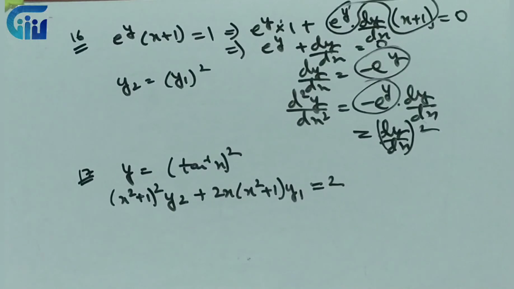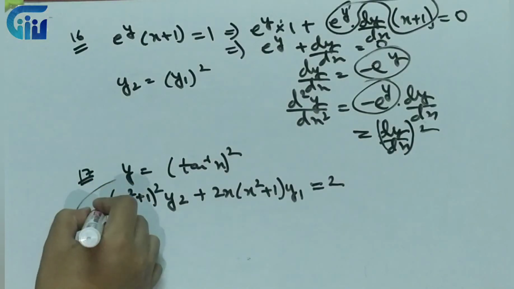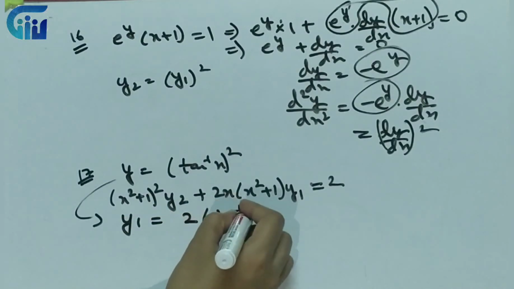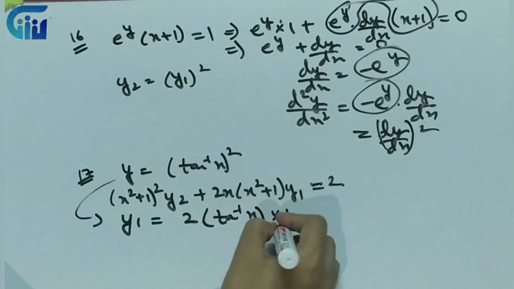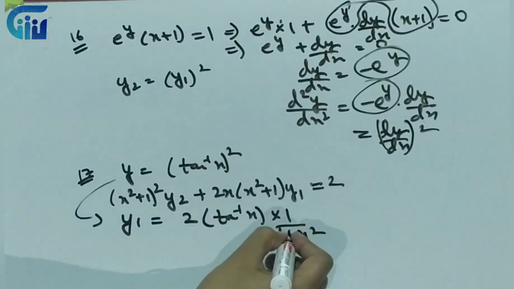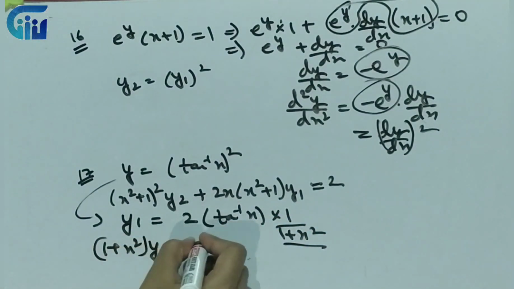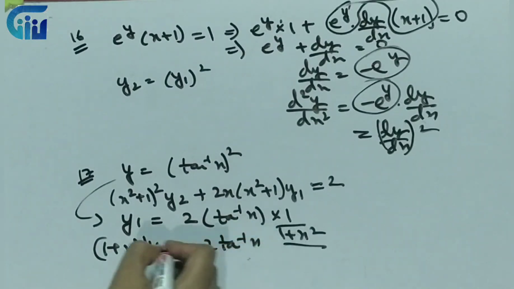Now question number 17, again an important question. These are the type of questions which are usually asked in the exam. So y is equal to tan inverse x whole square. I will tell you a certain trick. You have to do it by that particular trick only. So by chain rule, power first, then the function, and then the angle, right? Whatever you have in the denominator, take it to the other side. Very important. And then differentiate by product rule.